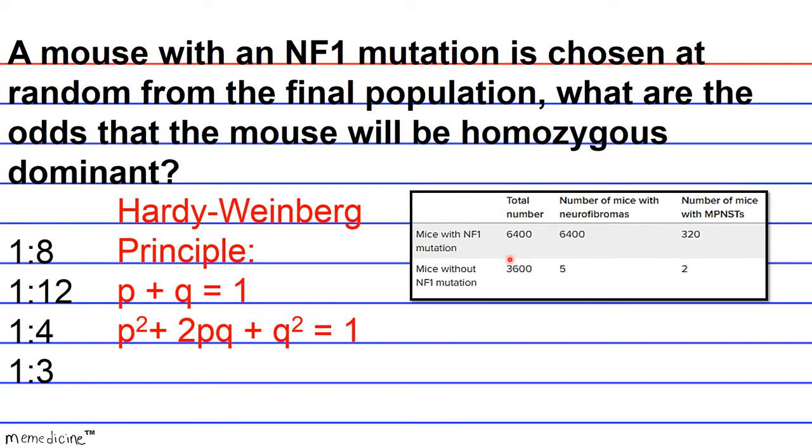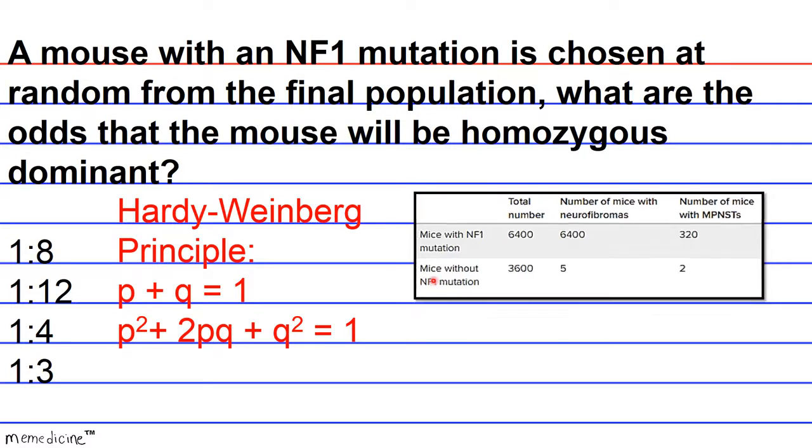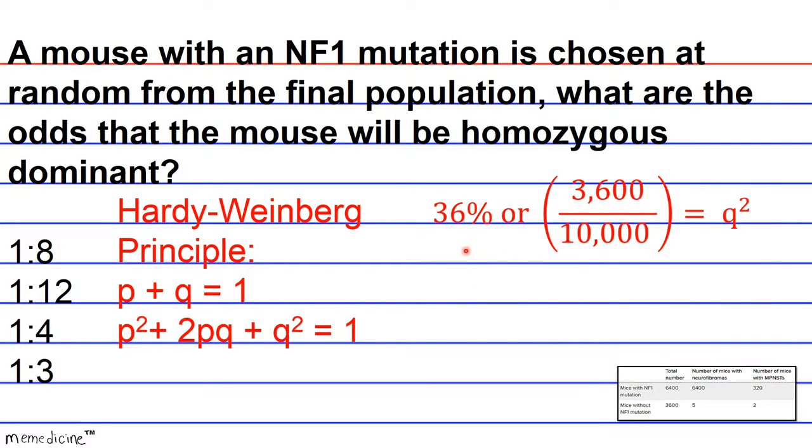And the reason why we're finding the homozygous recessive proportion of the population rather than the dominant proportion is because this 6,400 factors in p squared plus 2pq. Okay, so it's not just p squared alone. That's why we have to break down q squared first in order to find the actual value of p, or p squared and eventually 2pq. You'll see why later. Okay, so as previously mentioned, 36% or 3,600 out of 10,000